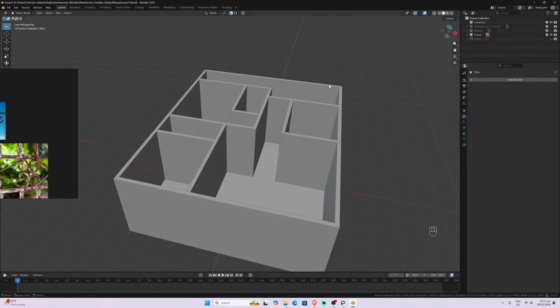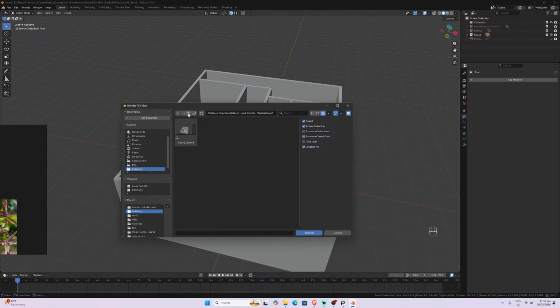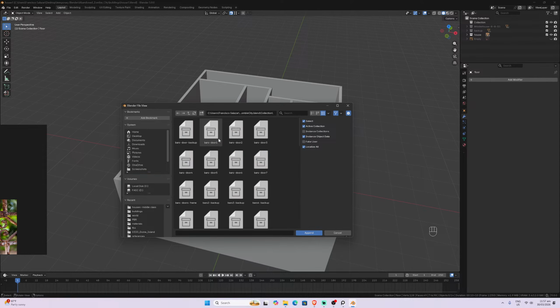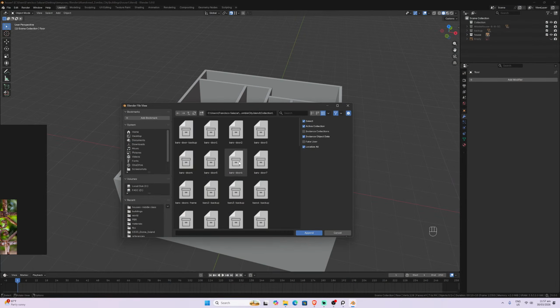Okay, now let's bring our collections. File, append, collection. Let me remember. Door wall.